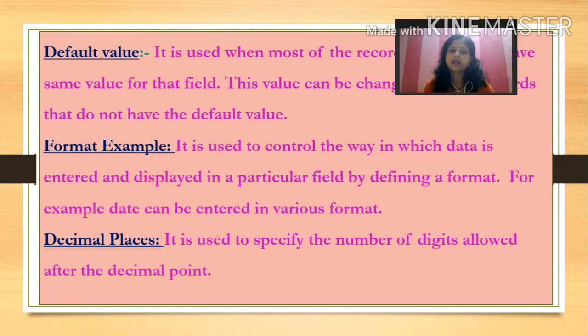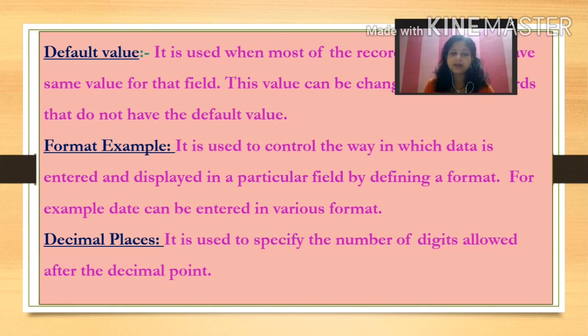Suppose for today's date, we can write 15th September 2020, or some can write 15/09/20. Different formats we can use for entering the date. So we can give a format in which all the data can be entered in that table.